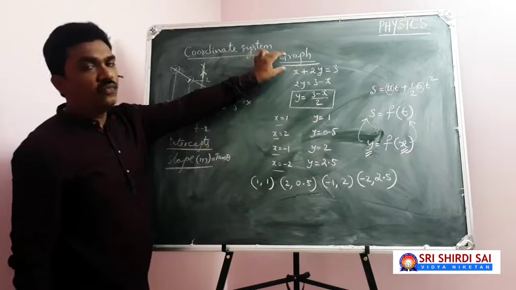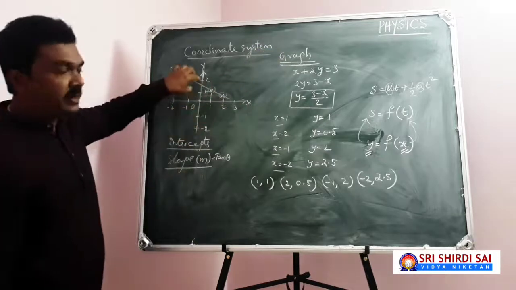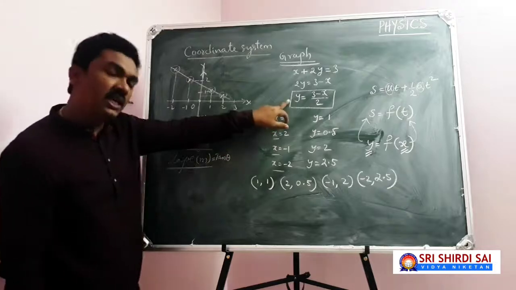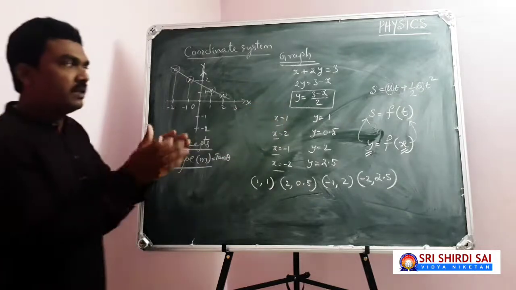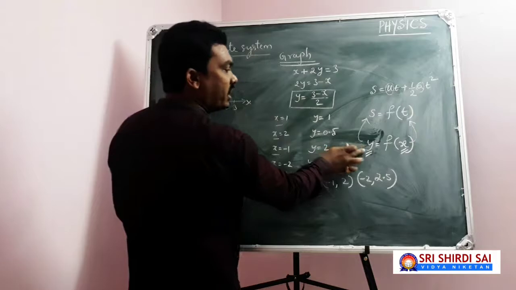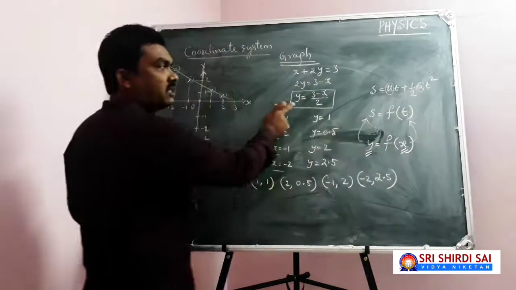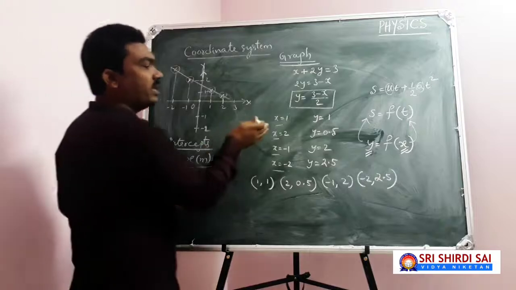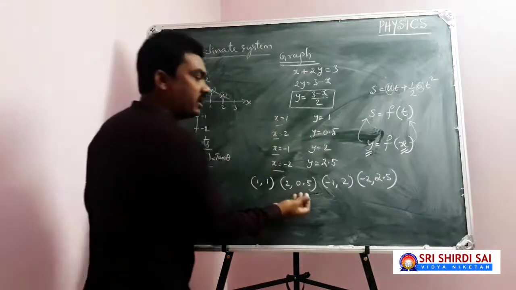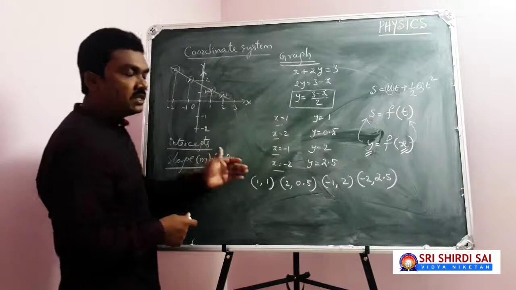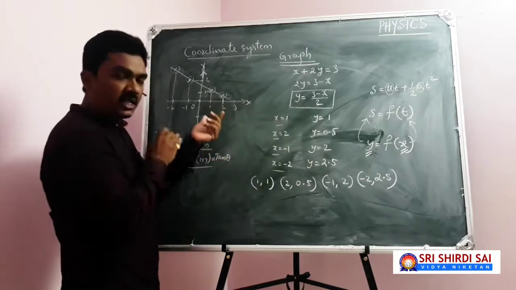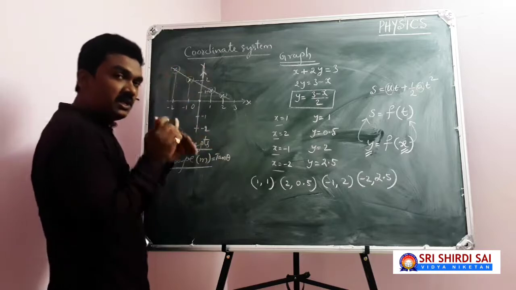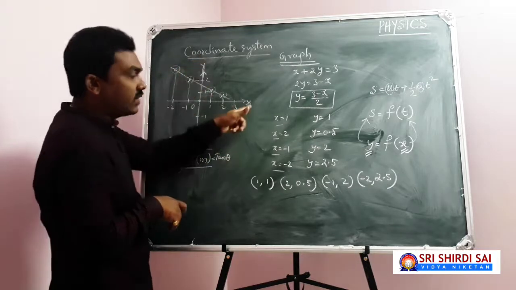So, a graph is a diagrammatic representation given to a mathematical equation. Your mathematical equation is y equal to f of x. Y is a function of x. If the values of x are changing, then the values of y are going to change. So x is the independent variable. So on the x-axis we have to take the independent variable. On the y-axis we have to take the dependent variable, where y is a function of x.